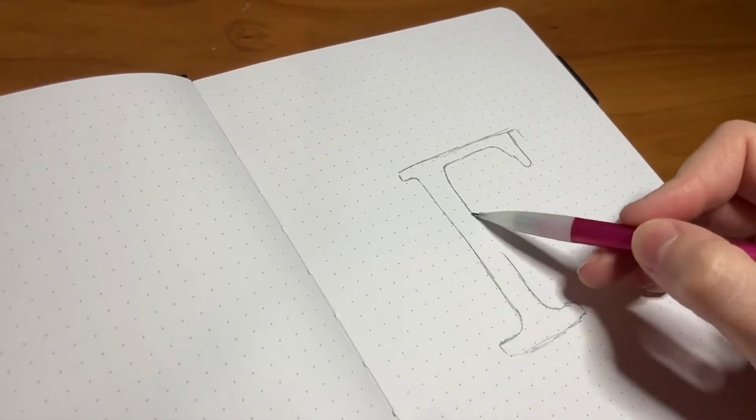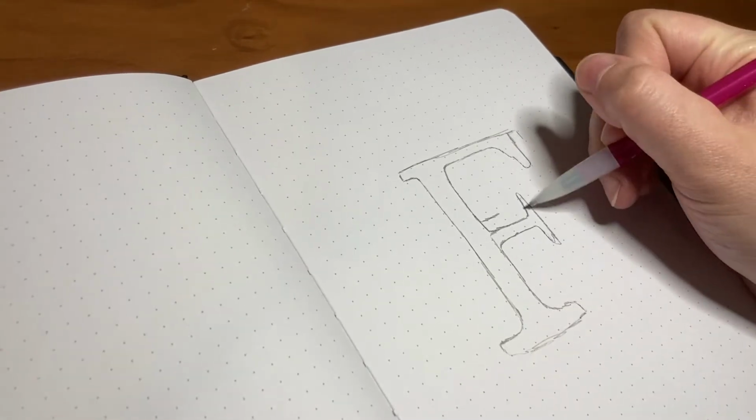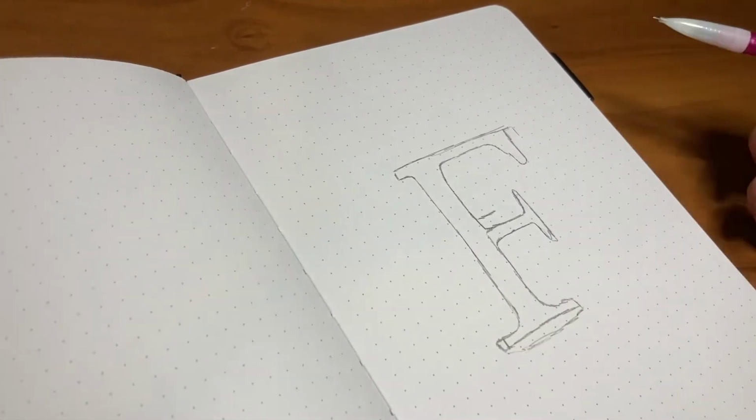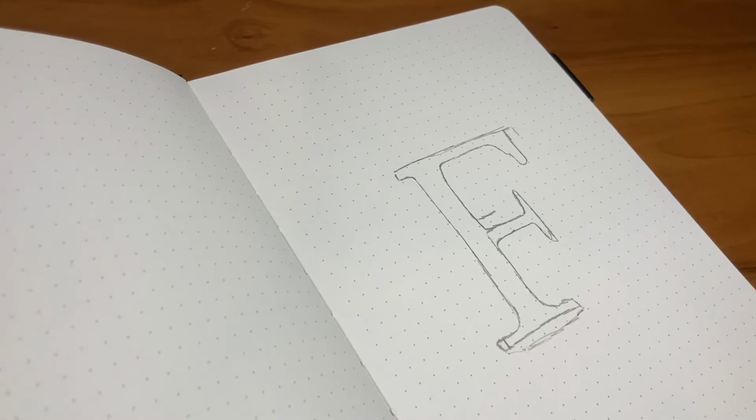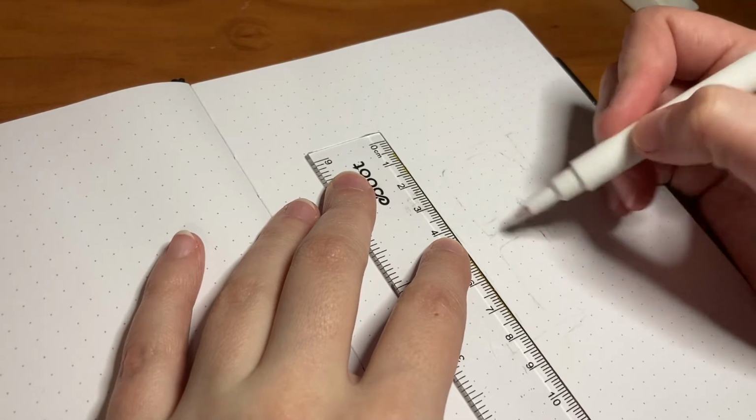So first we're going to get started with the cover page. I wanted to try something a little different, so I tried to sketch out just an F to stand for February in this kind of monogram style. So I sketched that and erased it a little bit, that way I could still see the pencil, but it didn't look weird whenever I put my marker